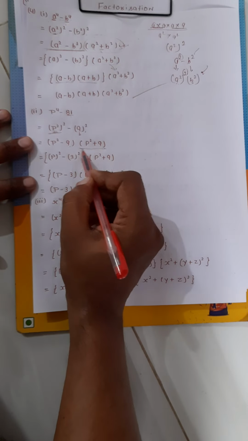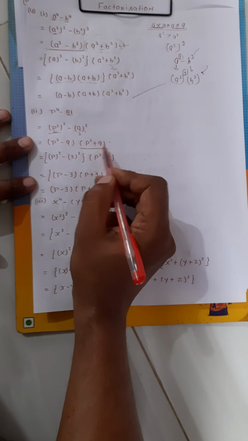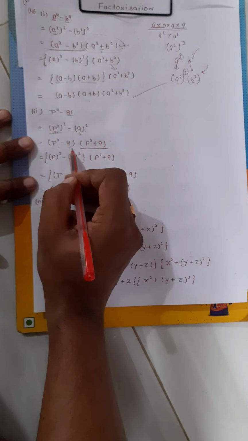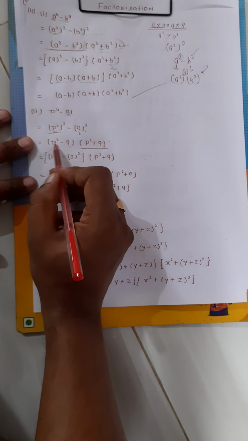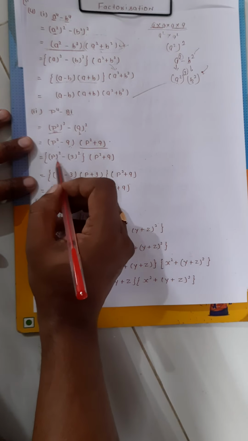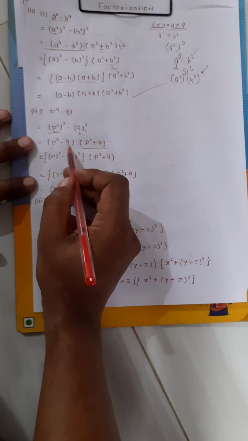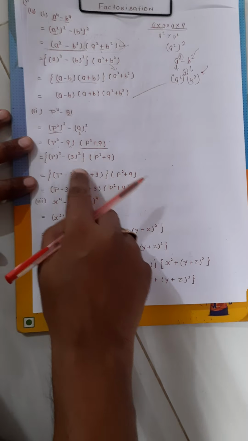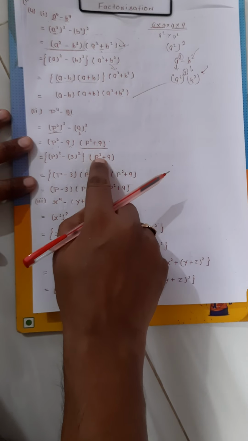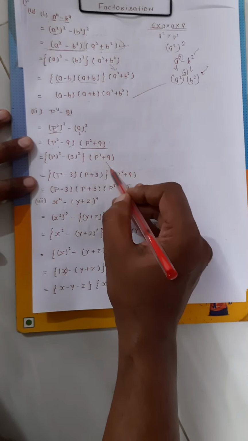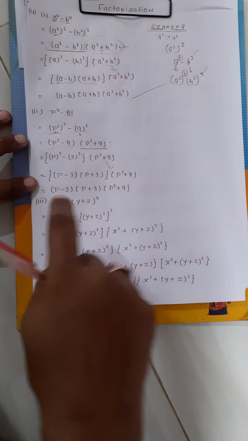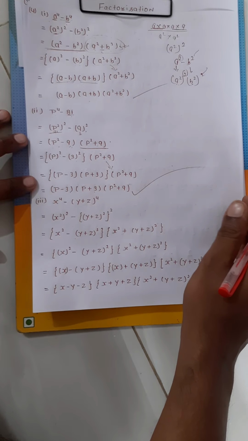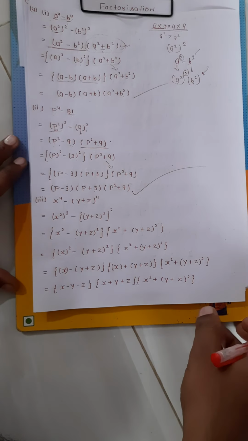Okay, here we cannot factorise p square plus 9 because it is a plus sign, but again here we can expand p square minus 9. Our value will be whole square of p minus whole square of 3. So p minus 3 and p plus 3 will come, and p square plus 9 we will directly write down. So our value becomes p minus 3, p plus 3, and p square plus 9. Okay, question number 2 completed.